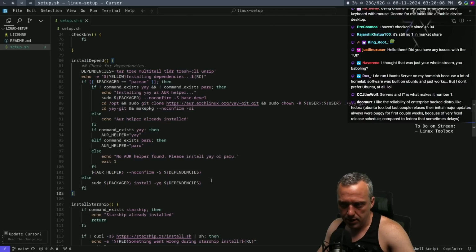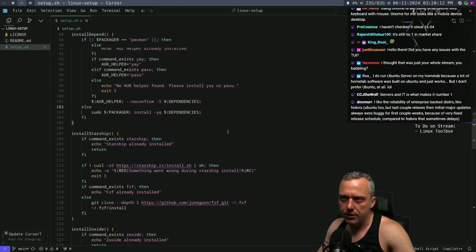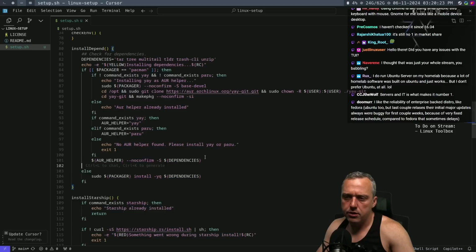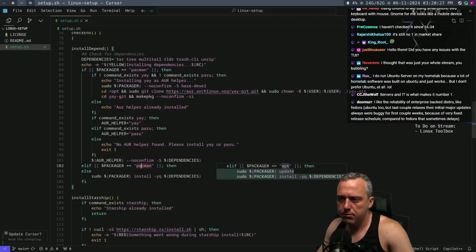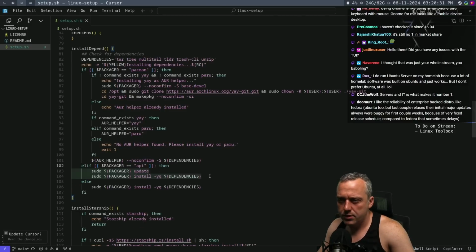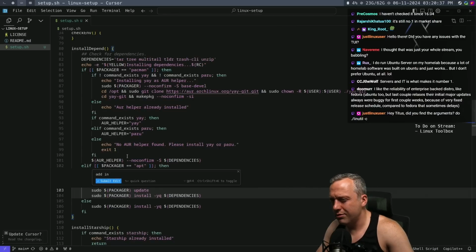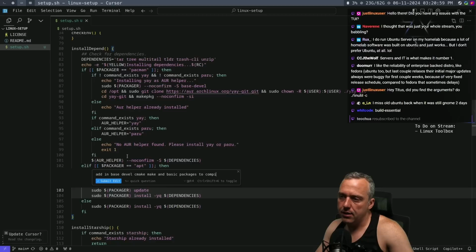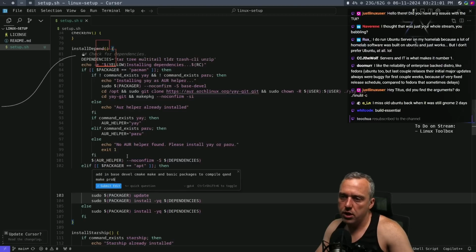Now on Debian, on the other hand, we need to expand this out a little more. I don't really like how I'm doing my packager here. Let's do an elif. Instead of pacman, let's go apt, and add in, what is the dev? I think it's base-devel, cmake, make, and basic packages to compile and make programs